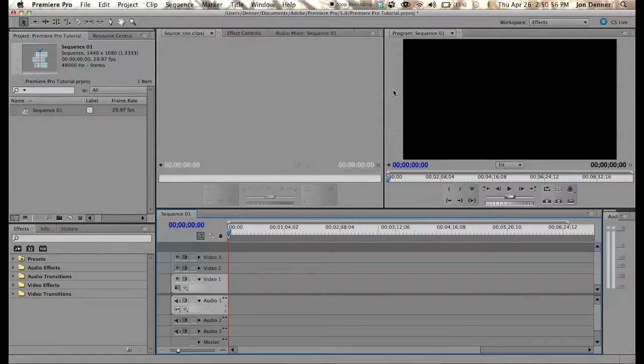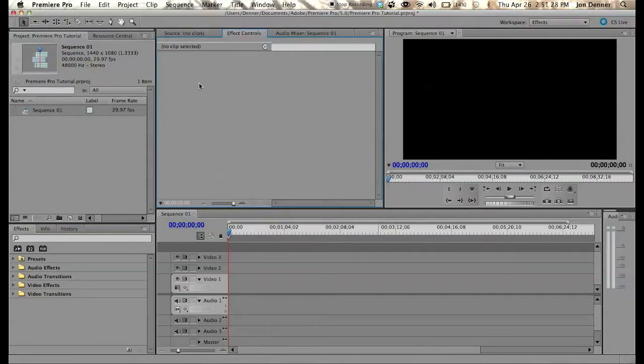The first thing you'll notice is the program monitor, which is where you can view anything that you have in your timeline, whichever timeline you have selected if there are multiple ones. Right next to that is the source monitor. That's where you can view any clips you have in your project panel by simply double clicking them. Right next to that is the effect controls panel. Here you can, whoa,